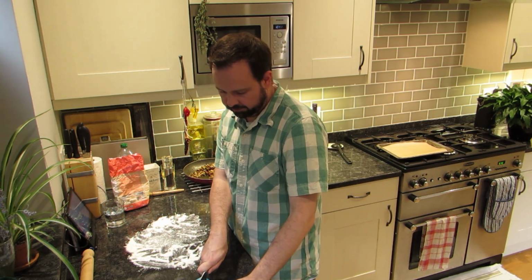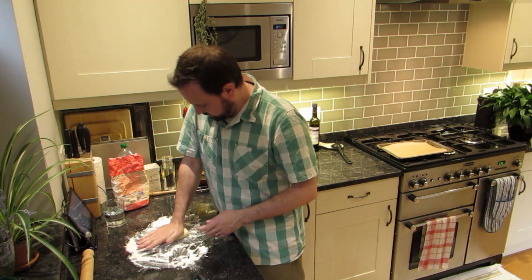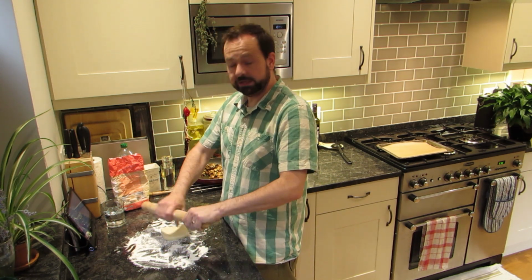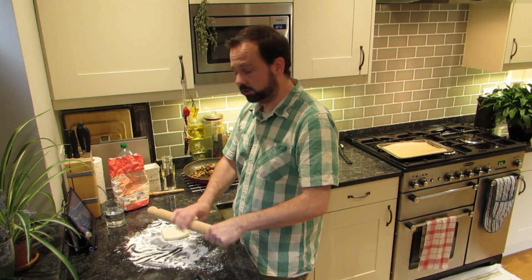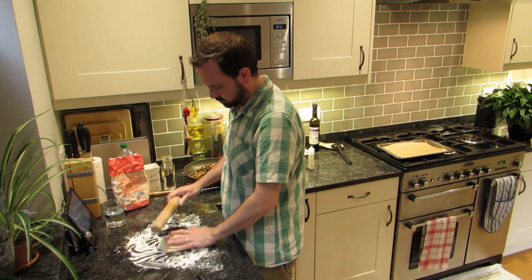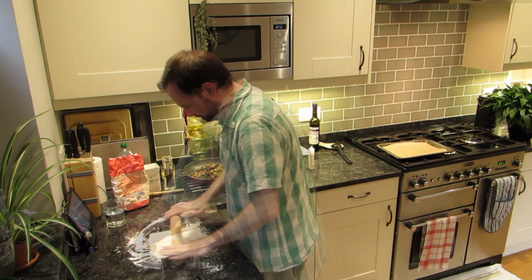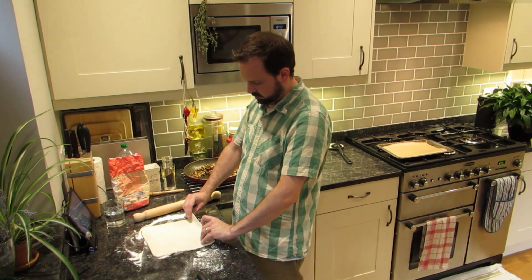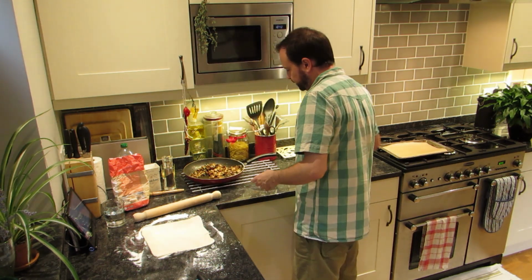And we'll take half of that block, that one will cut out, give that a squish down just to get it started. And we want to roll these out to about half a centimetre thick, quite large because there's a lot of filling there. That's perfect. So now we can take half of our mixture,